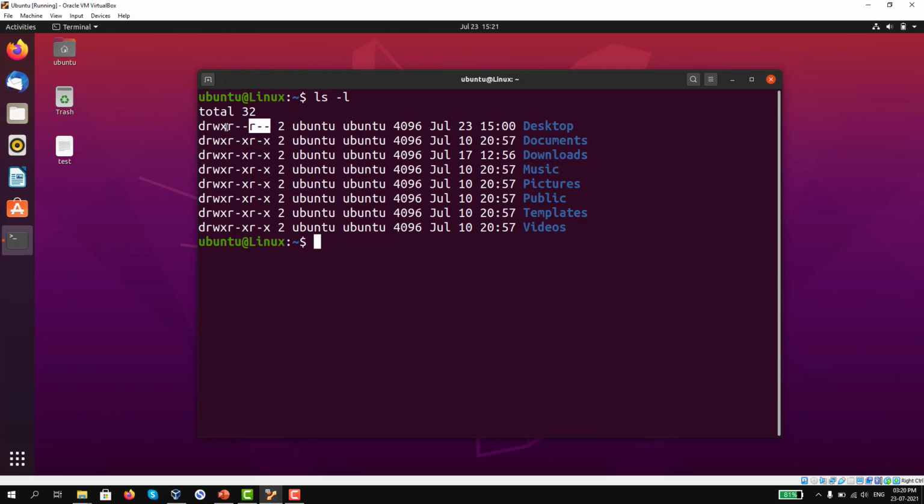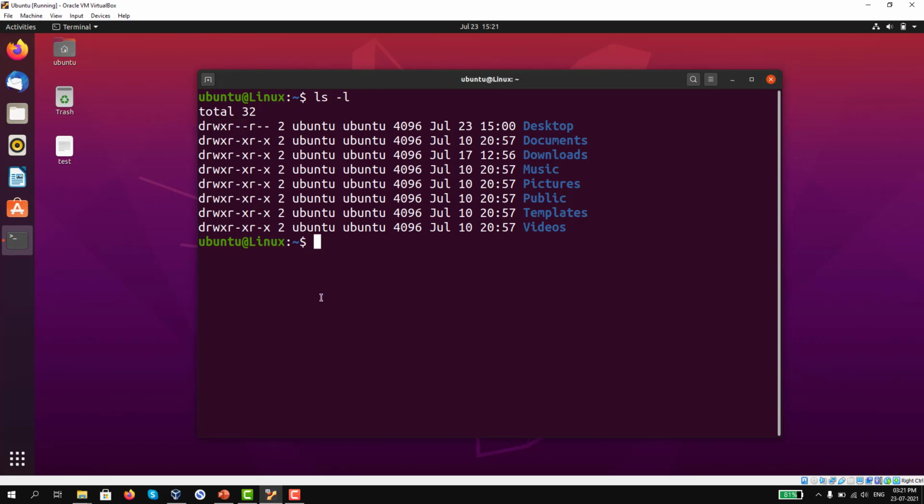Here in this case, the user has read, write and executable permission, the group has only read permission and others have only read permission. This is how we can understand what kind of permissions the file or directory has.